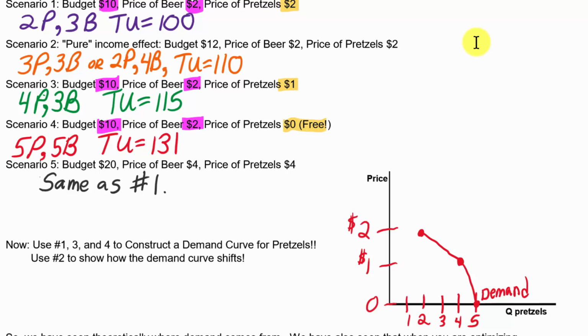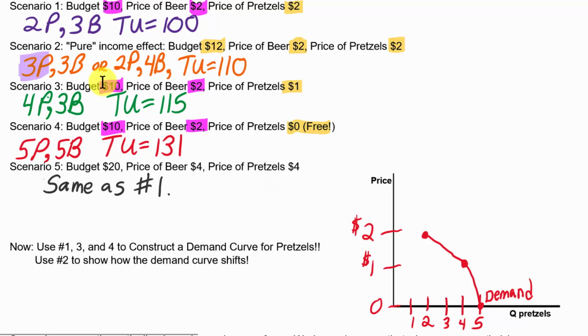Now we can also look at scenario number 2, and we can see how a demand curve shifts when we give somebody a different amount of income to spend. So in number 2, we changed the budget. We gave them $12, price of beer was 2, price of pretzels was 2, so all we did was, ceteris paribus, give the person more income. And so we see at this same price of $2, when we give them more income, they want to buy, well, let's pick this one. Just to make it easy, let's assume they picked this one where they get 3 pretzels. That way we can see this shift in demand. At a price of $2, now they're going to buy 3 pretzels, right?